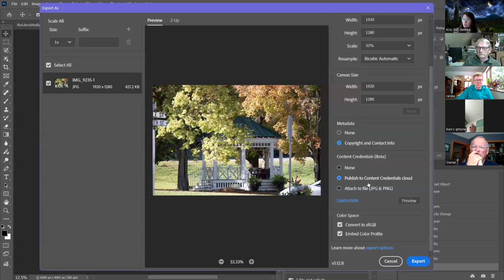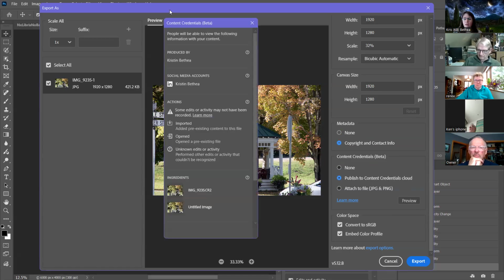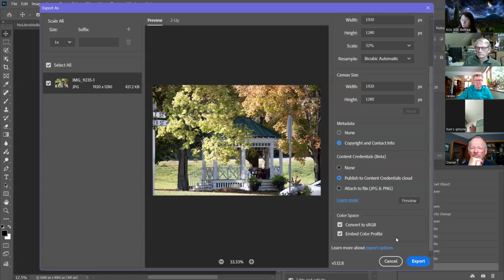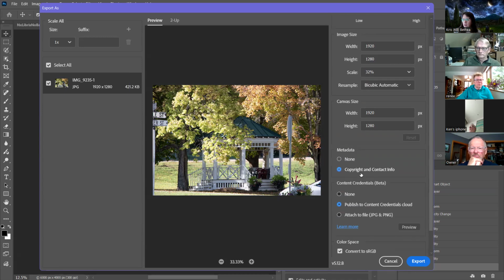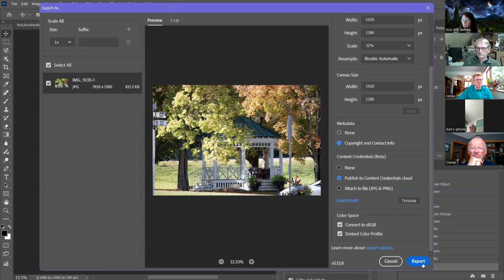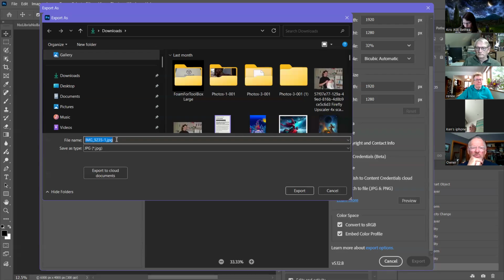I still want to have the metadata in there, published to Content Credentials Cloud, and there's that same screen that we saw before. So that will be something that is also up to you if you want to start doing that or not. But then the metadata information that we looked at before will also be in there. And copyright,